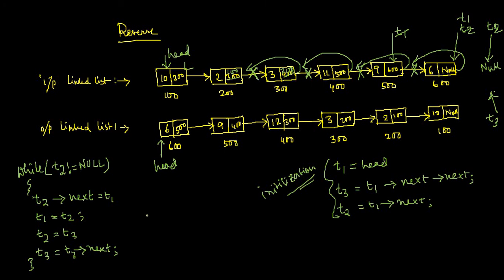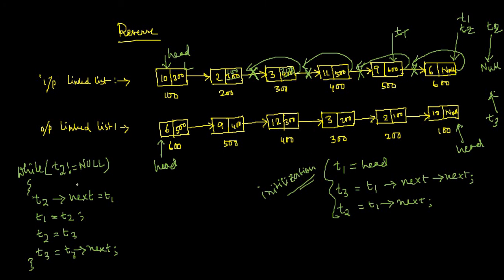Okay. So anyway, but still one thing is left over here. We have done this one, everything is fine, but head is not initialized till now. Head is still pointing to this node. With respect to the newly created linked list, head is pointing somewhere here, but head should point to this node. Right? Because ultimately after reversing them, it becomes the first one. The last one that we have in the input linked list becomes the first one. Right?